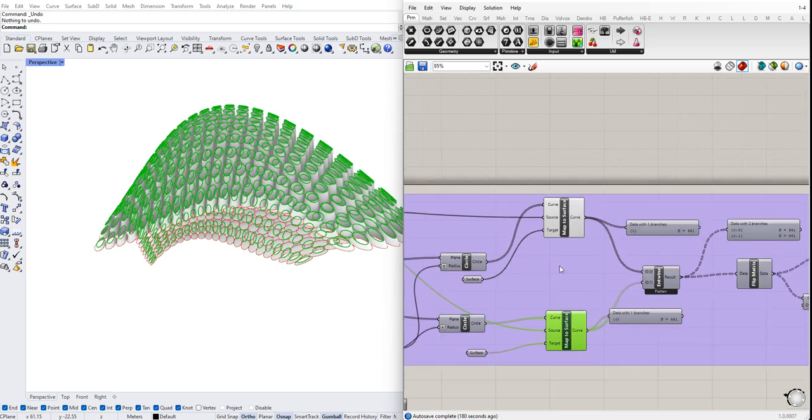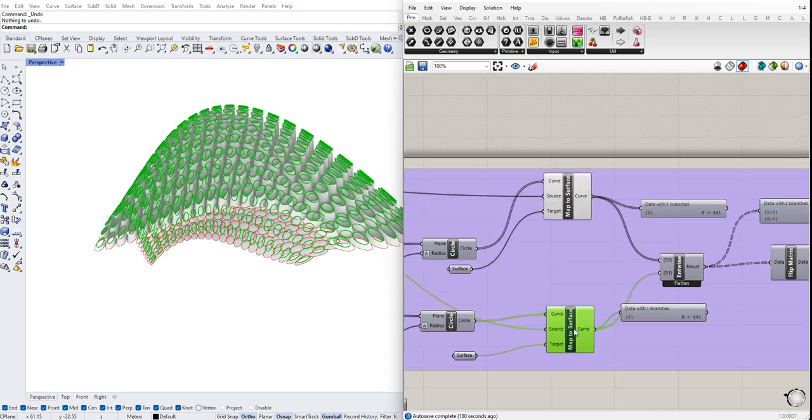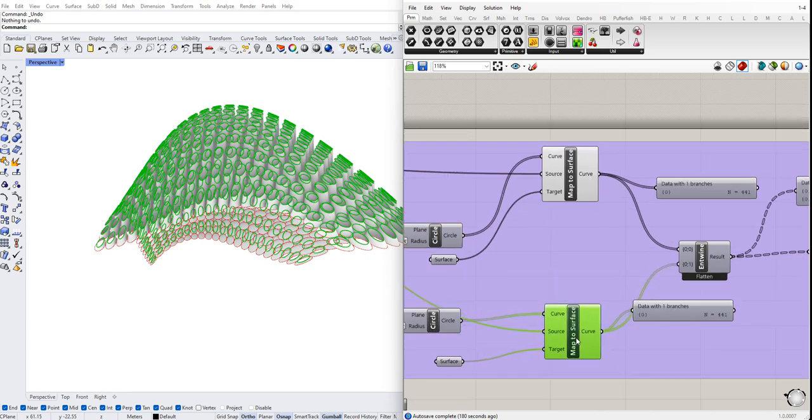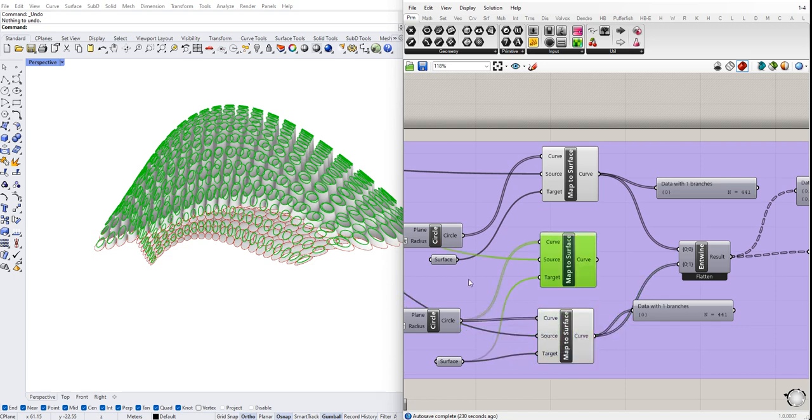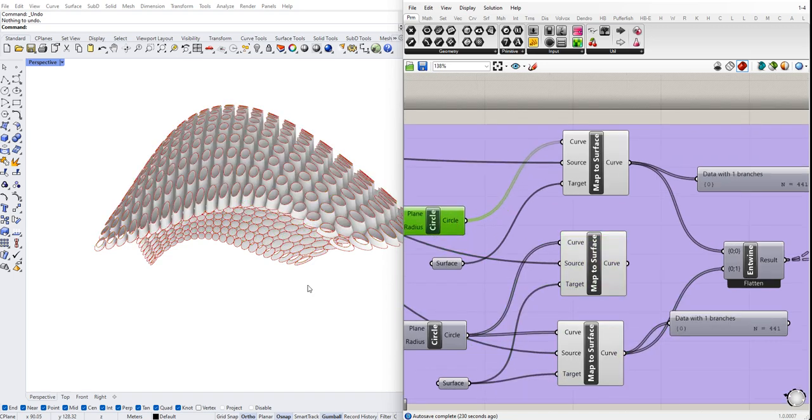As you can remember, I can just easily make a copy of this by dragging this component and press Alt while I'm dragging it. So I drag it and press Alt key, and then